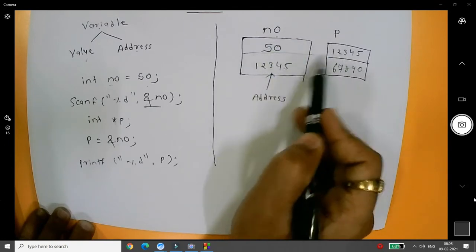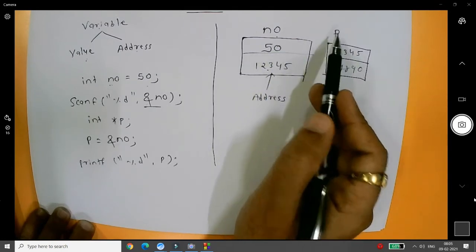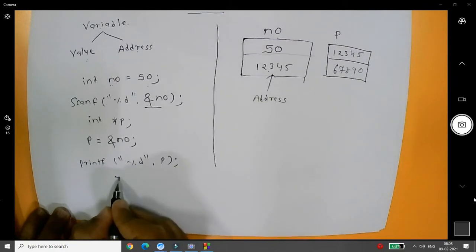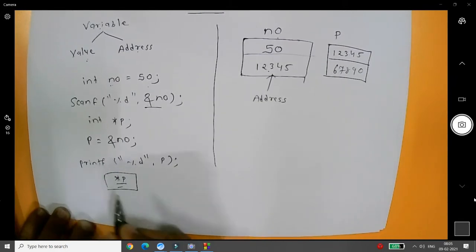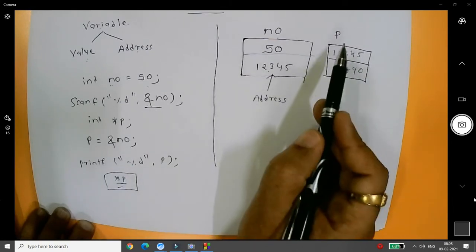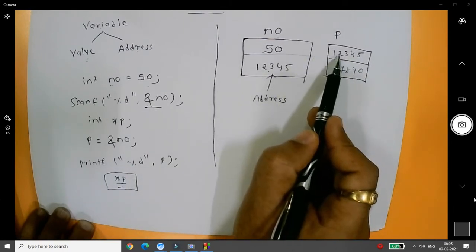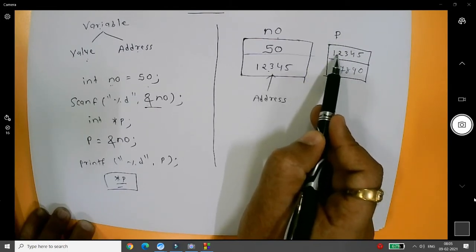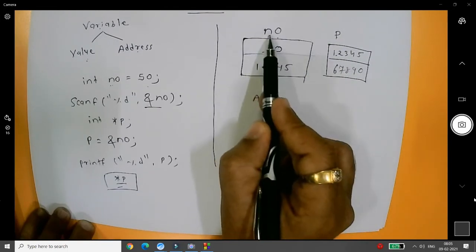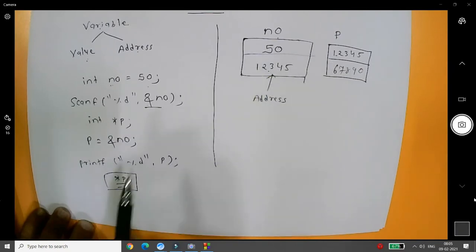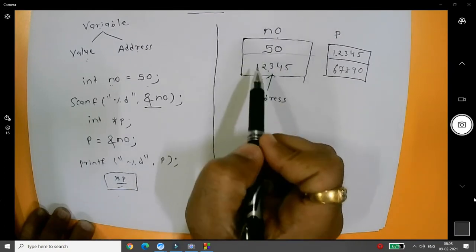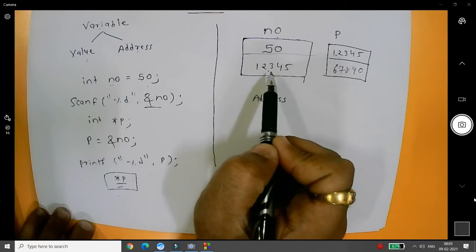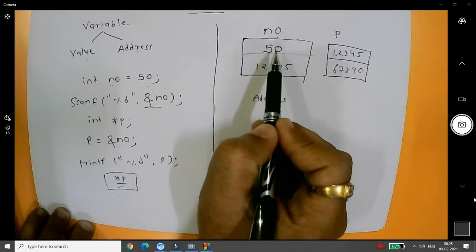But whenever you write *p, this is known as the indirection operator. Whenever you print *p, it returns the value stored at this address. It means p has the value that is the address of the variable number. Whenever you write *p, it will retrieve the value stored at this address, and the value stored there is 50.